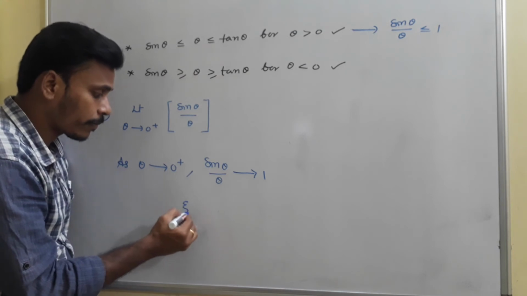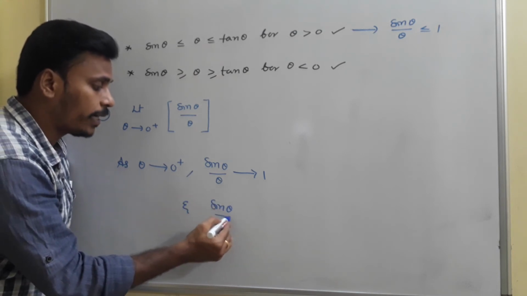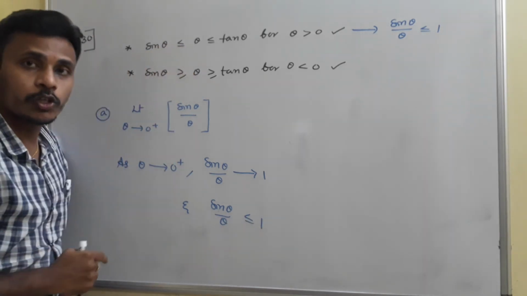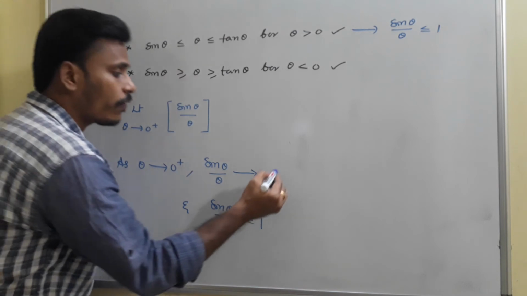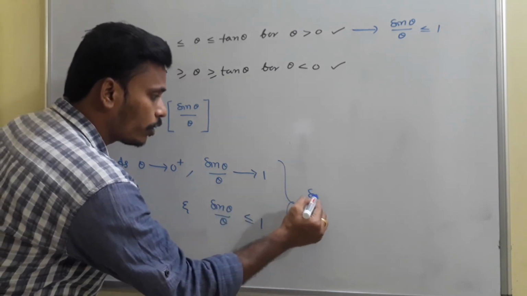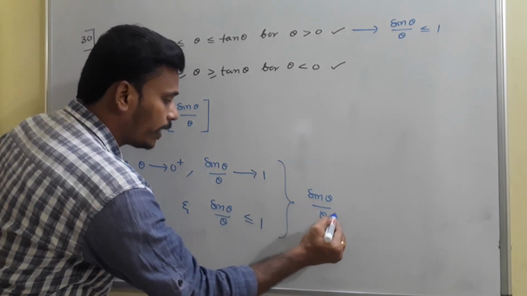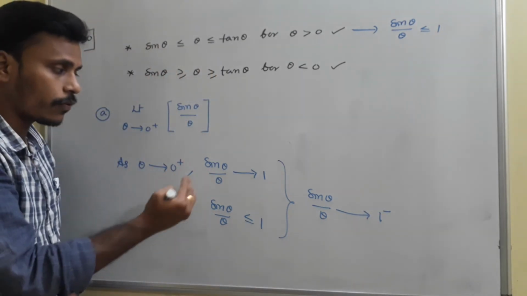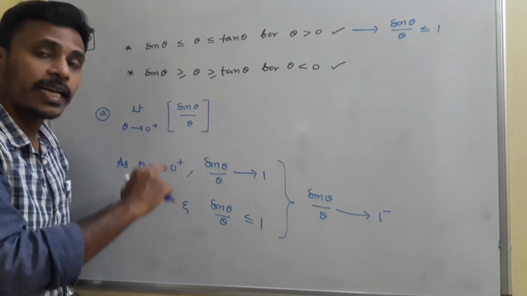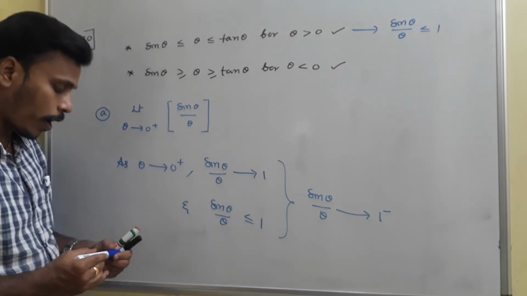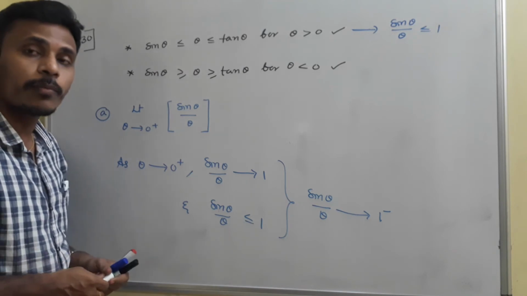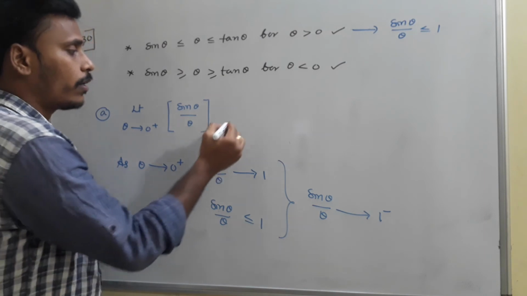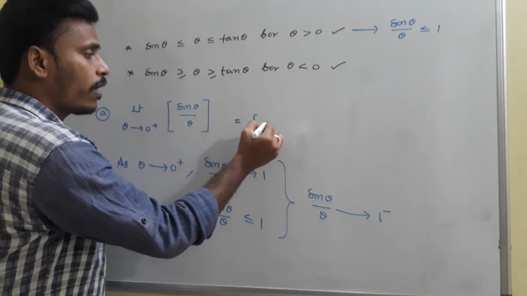and sin theta by theta is less than or equal to 1, because sin theta is less than or equal to theta, right? So since these two together will happen, what I will conclude is sin theta by theta is tending to 1 minus, so less than or equal to 1 and tending to 1. So since sin theta by theta is less than or equal to 1 minus, finally what do you say about your answer? See, step of a value which is less than 1. So this is equal to step of 1 minus.